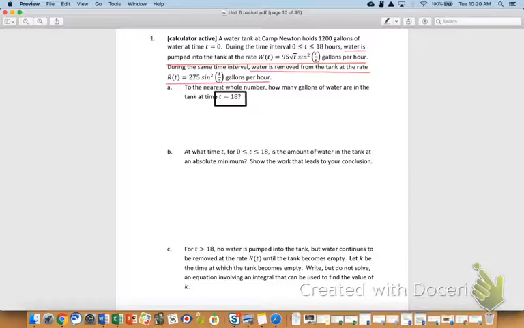Okay, so integral from 0 to 18. Does that make sense to you all? Why would we pick 0 for one of my limits? We know what's going on at t equals 0. Why would I pick 18? Correct. So then we've settled on we're going to do the integral from 0 to 18.